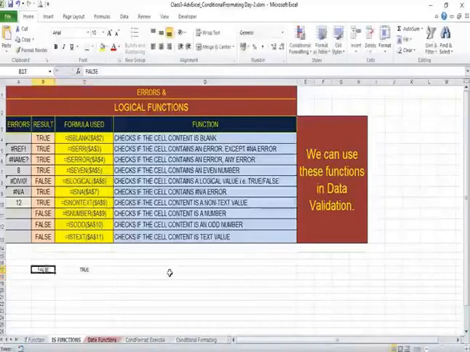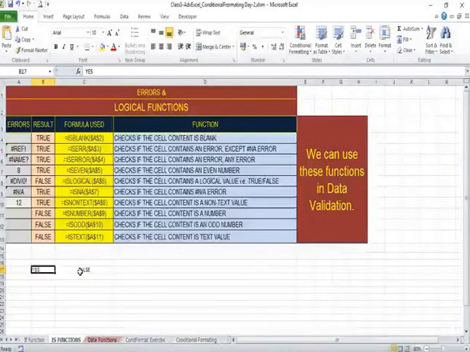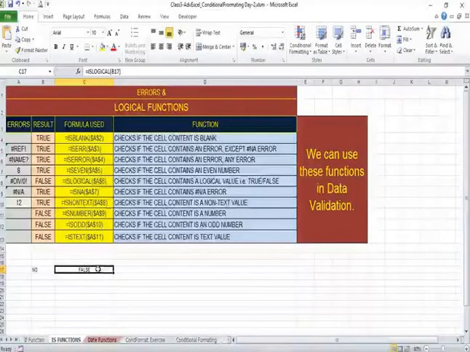But if you write something else, yes, then it is false, because yes is not a logical value. Logical value means true and false only. If you write no here, then also it is false, because ISLOGICAL reads for logical values. If it is true or false, it will evaluate to be true.